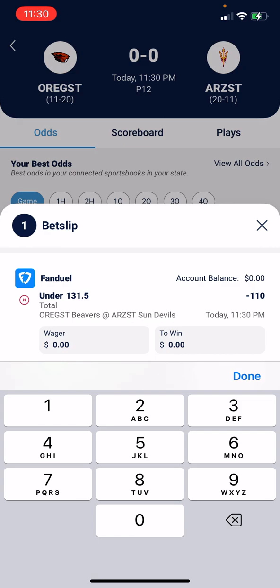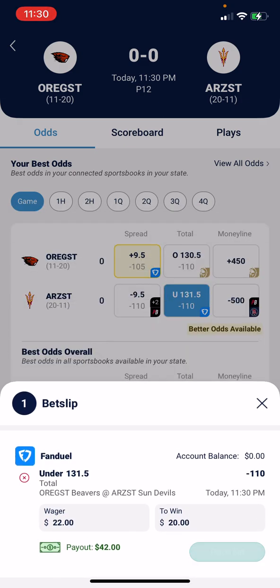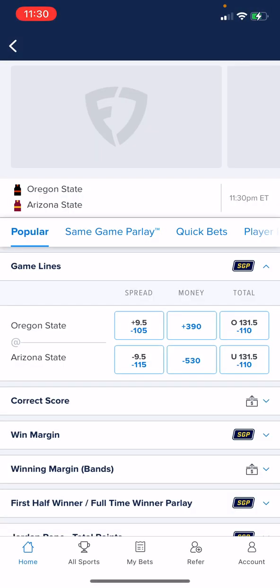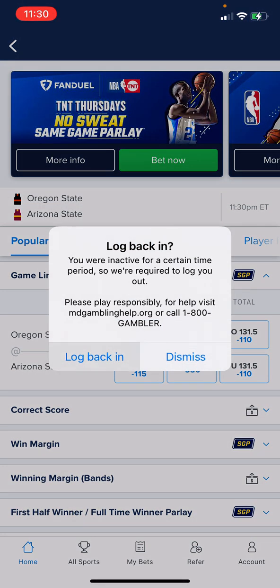I can decide what my wager is going to be. Let's say $20. It's my typical amount. It tells me what I'd win. Or if I wanted, I could type in that I wanted to win $20 and say I'd have to wager 22. So now I click place bet, and it opens up my FanDuel app and brings me right